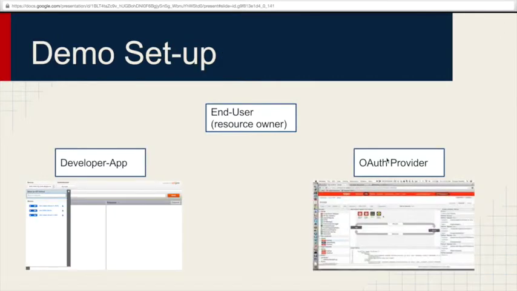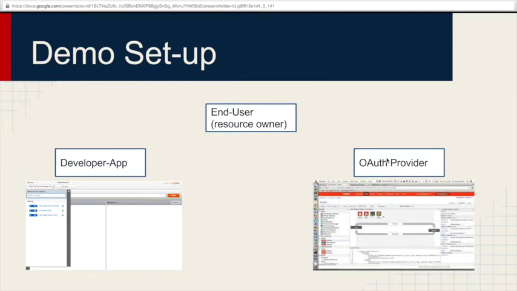Okay, let's get to the demo now. So in this demo, I'm going to use the Apigee console as an app simulator or an app-like environment, and for the server side, I'm going to use Apigee Edge, where my OAuth is already implemented. And for the particular use case, I'm going